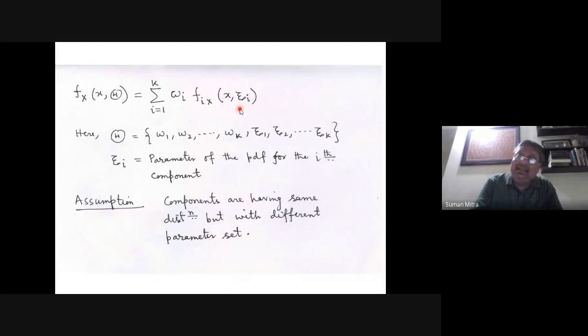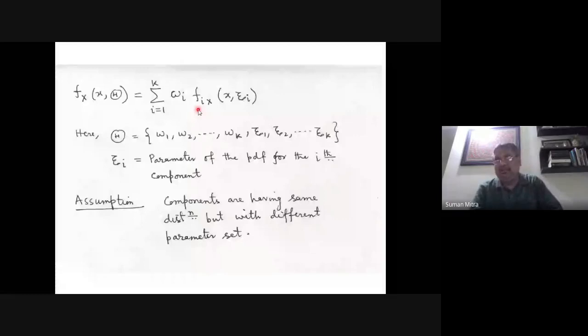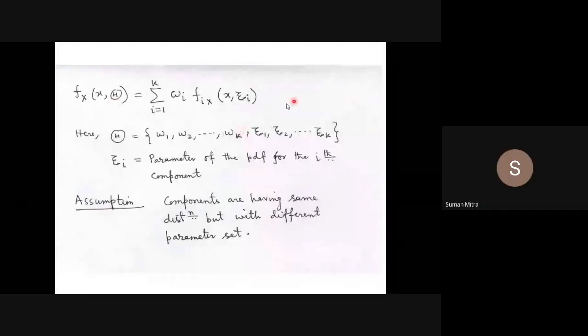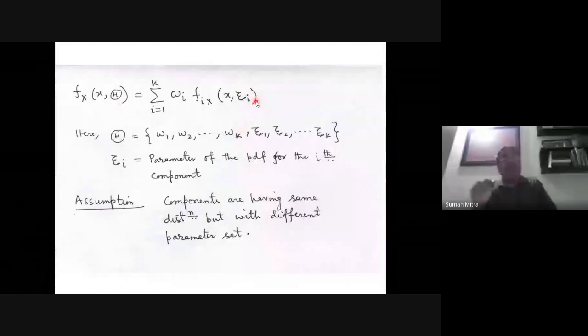Now what if the distribution is multivariate, maybe a bivariate distribution, trivariate distribution, or something like that? In that case, each component has a mean vector and a variance-covariance matrix: mu1 vector and sigma 1 matrix, mu2 vector and sigma 2 matrix, mu3 vector and sigma 3 matrix. Then the number of parameters also increases, because the mean vector has that many components depending on the variate of the distribution, bivariate, trivariate, or multivariate, right?